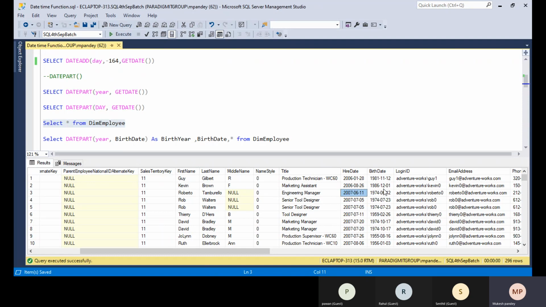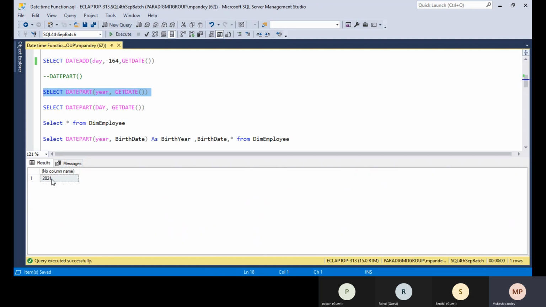If you want to take parts of a datetime column, like year separate, month separate, and day separate, then you can use the DATEPART function. So in DATEPART you can put year, and you will get the current year, 2021. If you put day, you will get the day. What is the day? Today is the 25th.